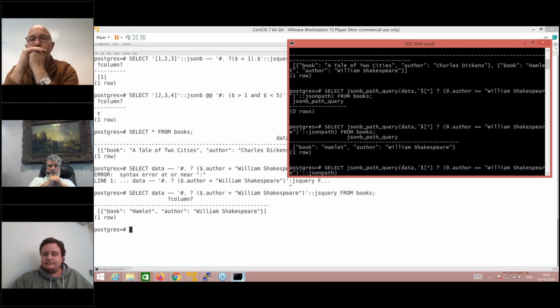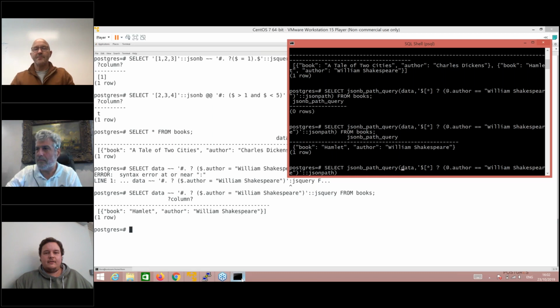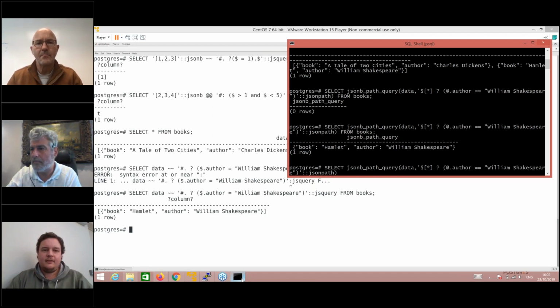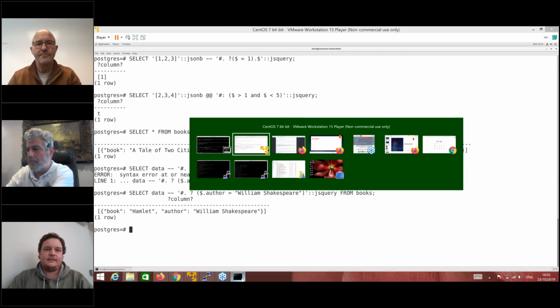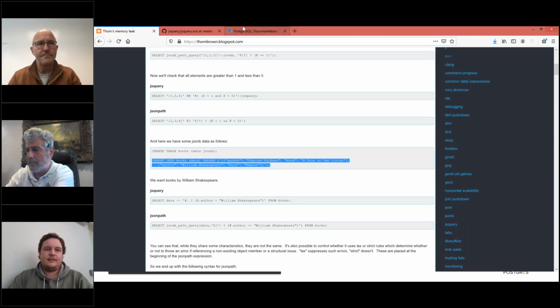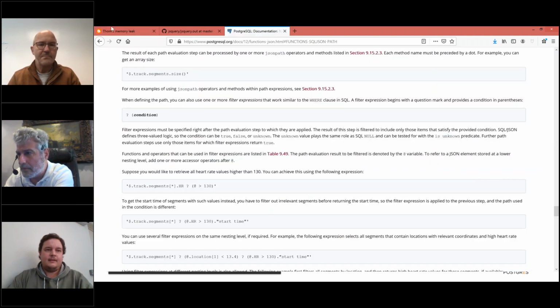So to start, the first question that came in is, is there a JSON_TABLE function to transform JSON data into a relational representation? That rings a bell. I think that's due to come out in a future release. I could be wrong. I remember reading about it, and I don't think it made it into 12. I could be wrong. JSON_TABLE. No, there